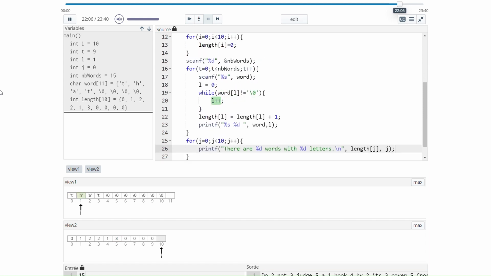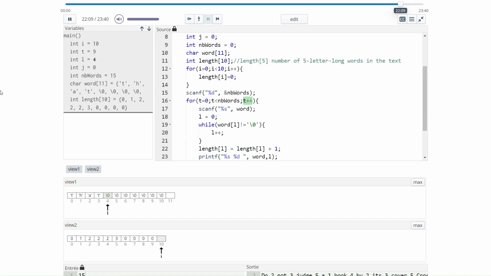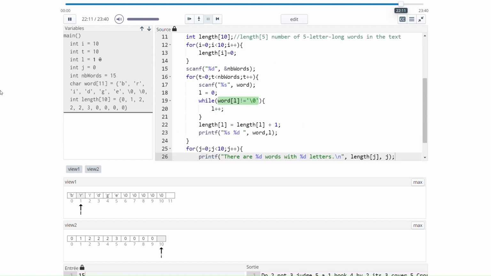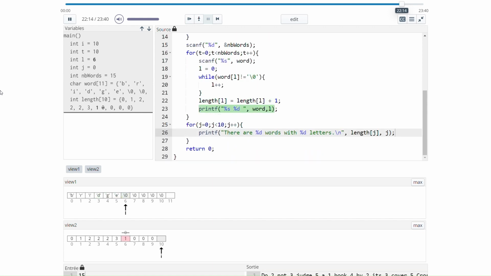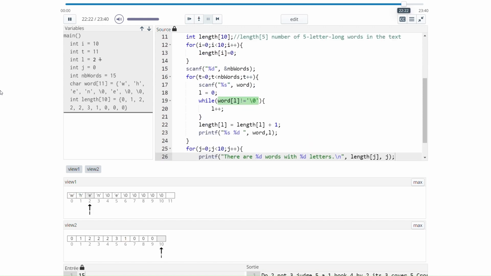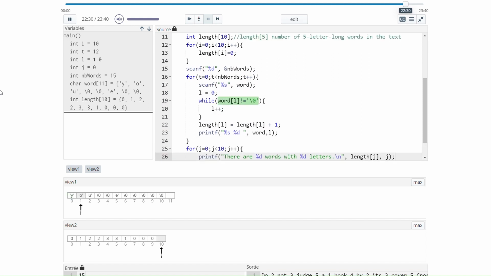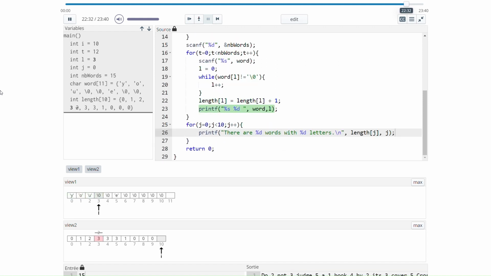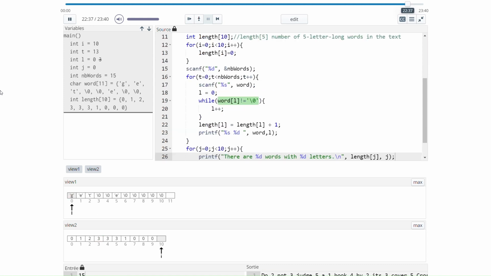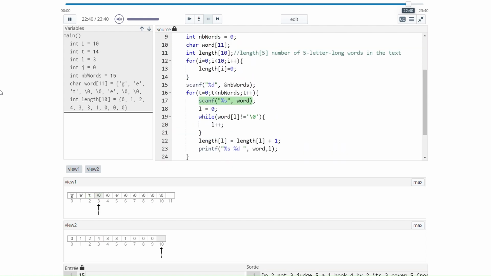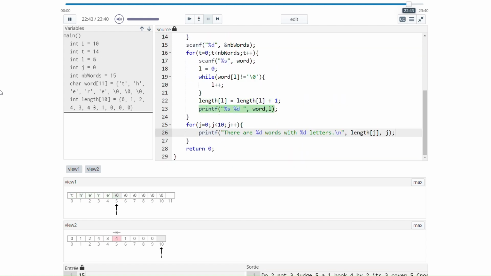Next word, that. Length 4. We put it in the length variable. Then bridge, 6. Oh, so length of 6 has +1. And then when, 4. So we have 3 words with 4 letters. And then you, 3 letters. So we have 3 words with 3 letters, etc. So get, and there, and